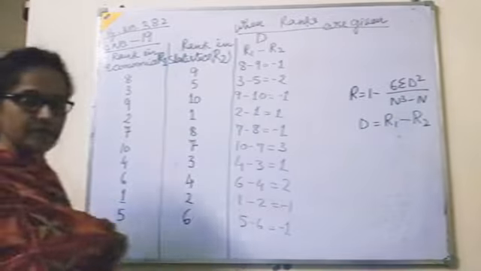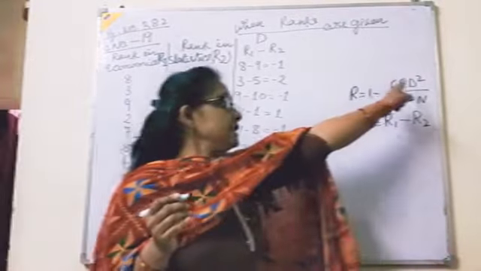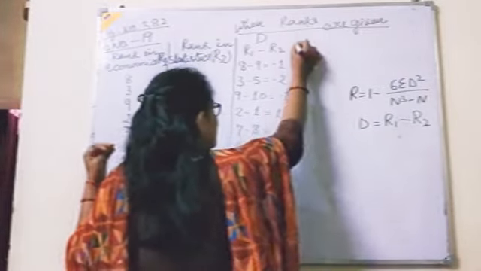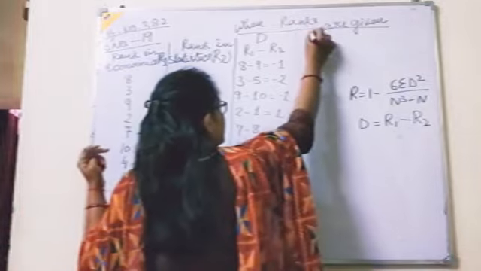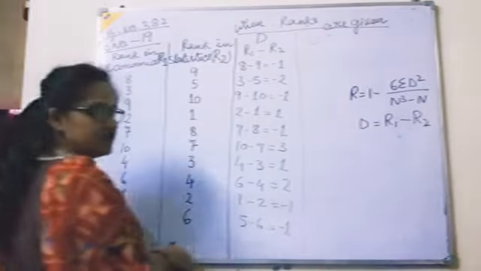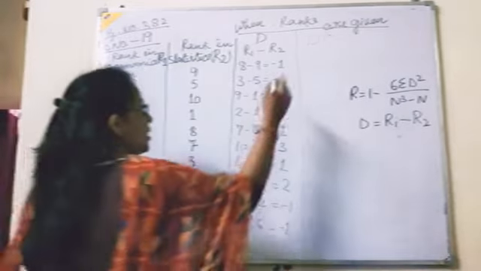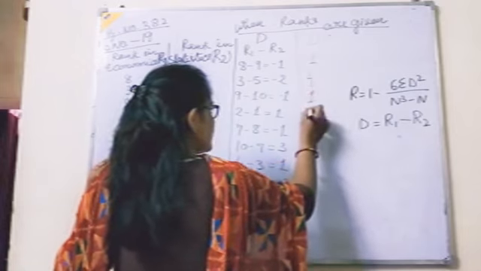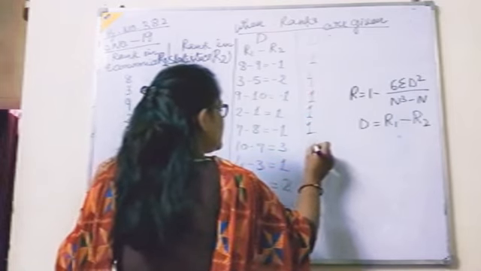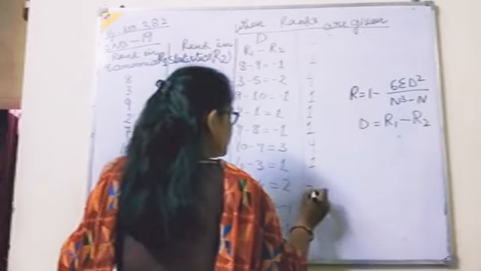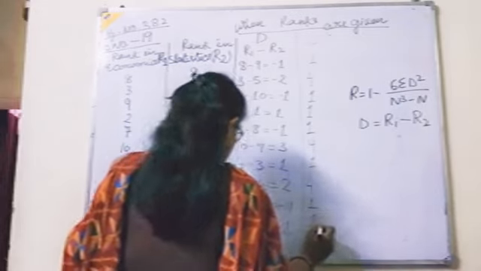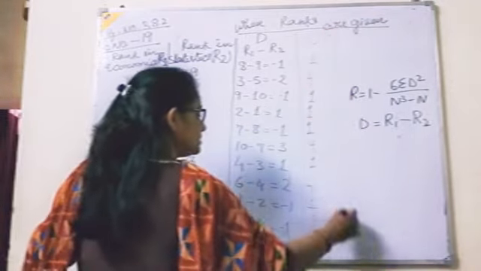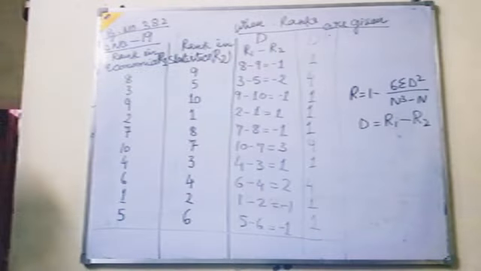So we calculated D. Now we need D square. What D we have calculated, we are going to square that D. That will be your next column, D square. Now 1 into 1, 1; 2 2s are 4; 1 1s are 1; 1 1s are 1; 1 1s are 1; 3 3s are 9; 1 1s are 1; 2 2s are 4; 1 1s are 1; 1 1s are 1. So we calculated this. Till D square we all have calculated. Is it clear to all of you?